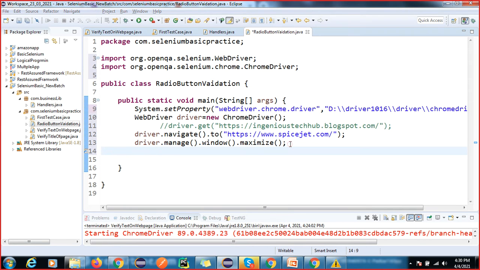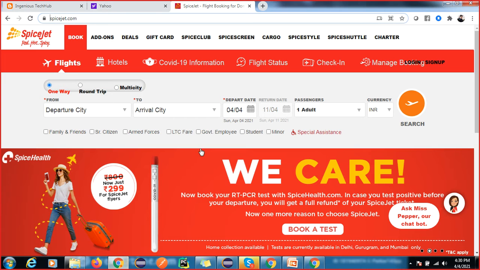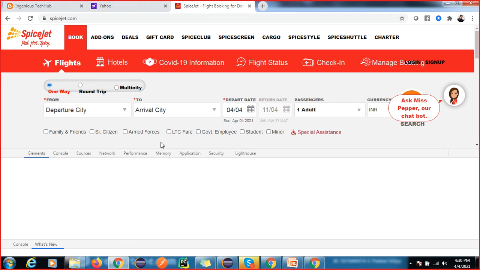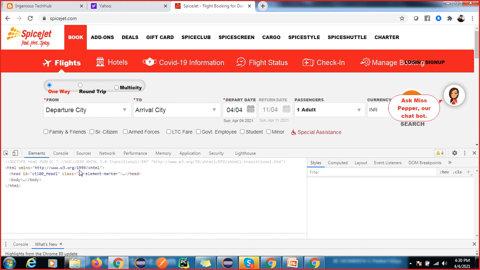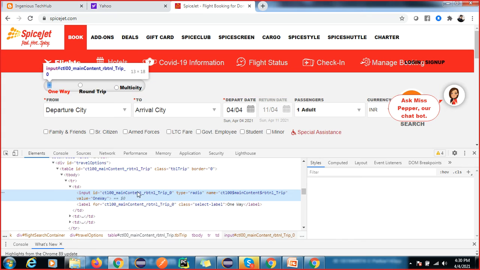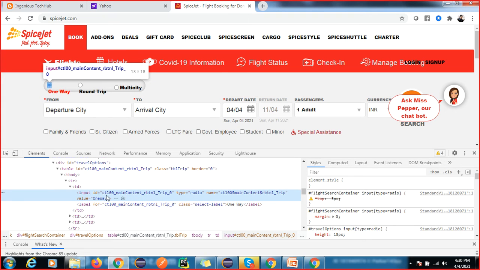Okay, so now inspect. I have to find this element. The first step is to find this element. Here some numbers are also there, so this might be static.